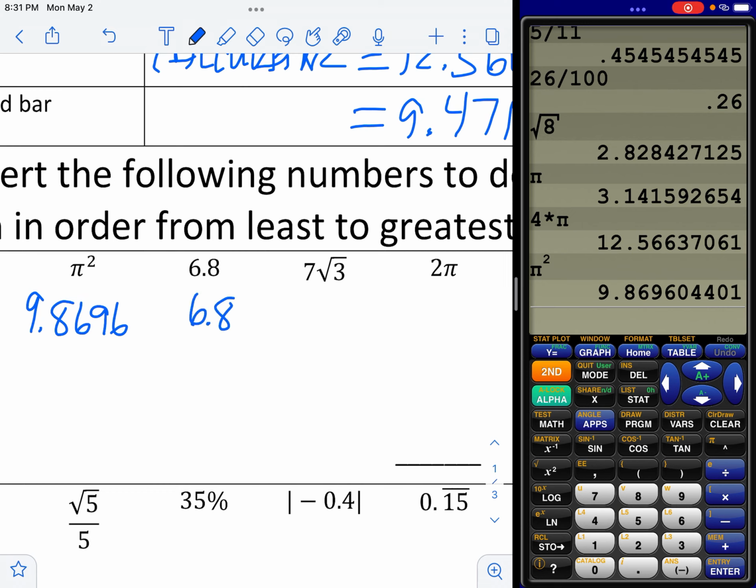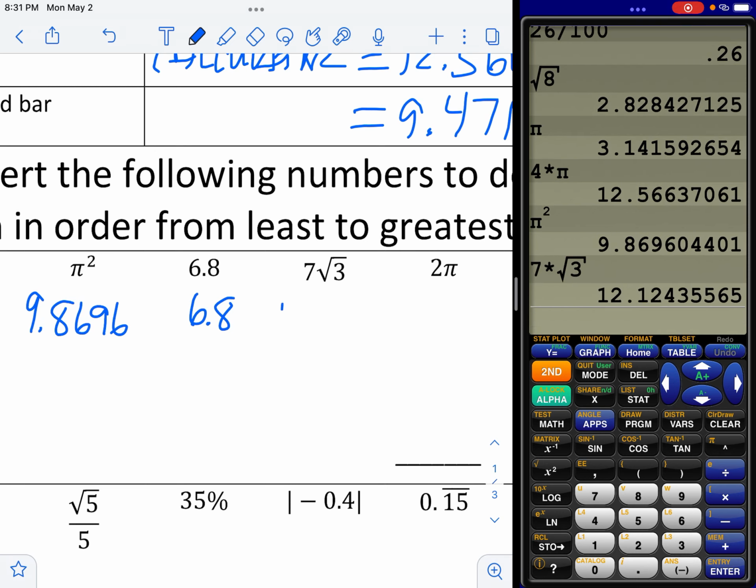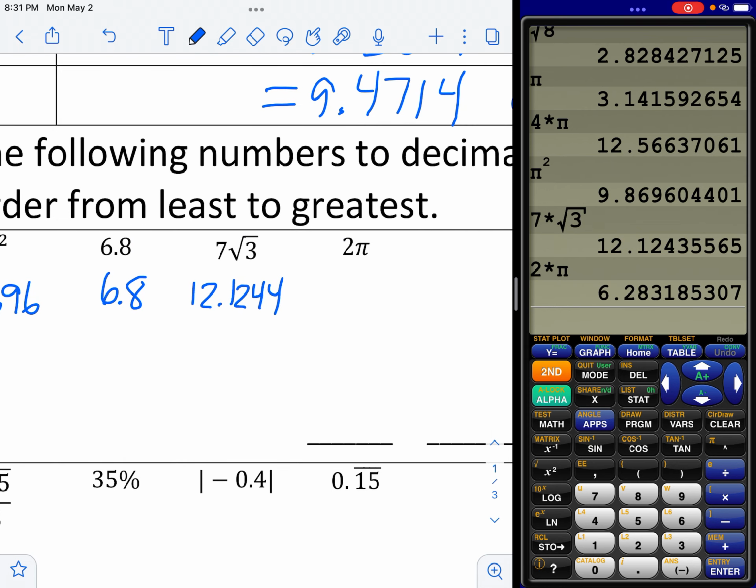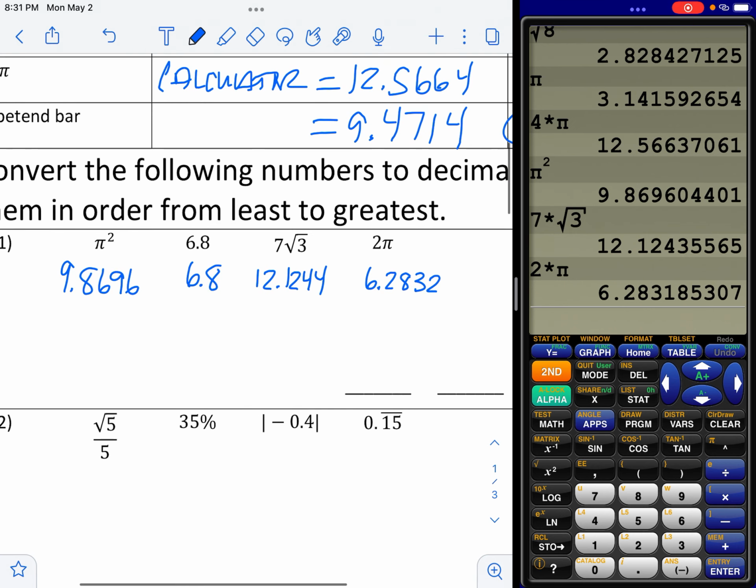7 times the square root of 3, I'm going to type that in. 7 times the square root of 3. And that gives me 12.1244. Okay, and then last is 2 pi. So 2 times pi gives me 6.2832. Now, when I put these in order from least to greatest, I want to use the original form of